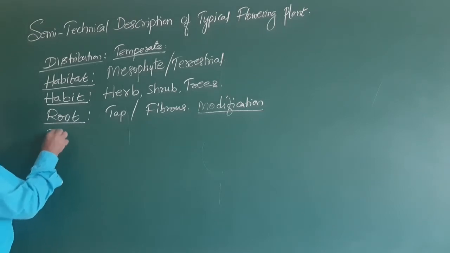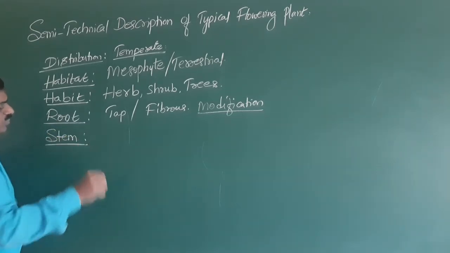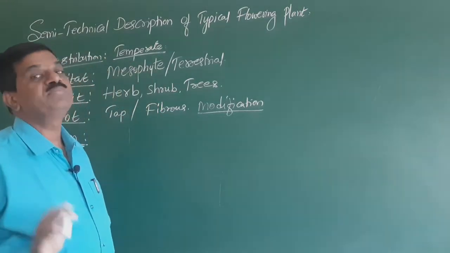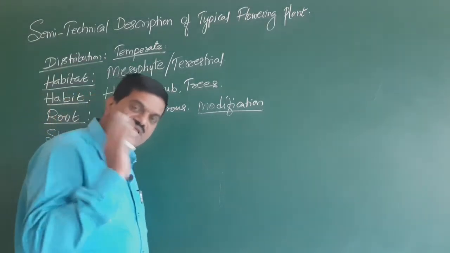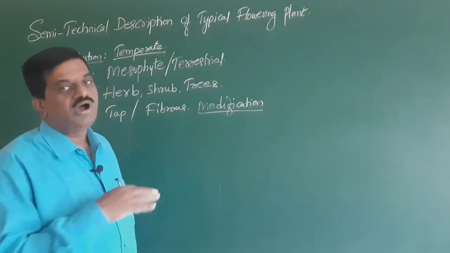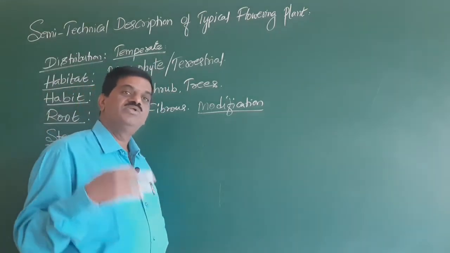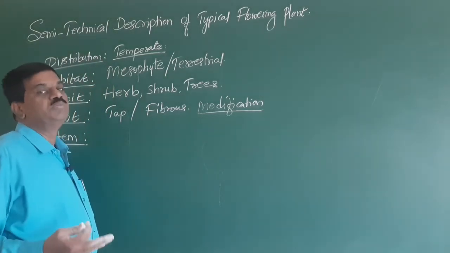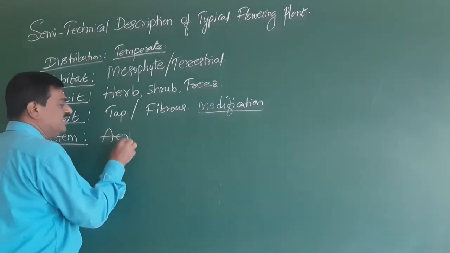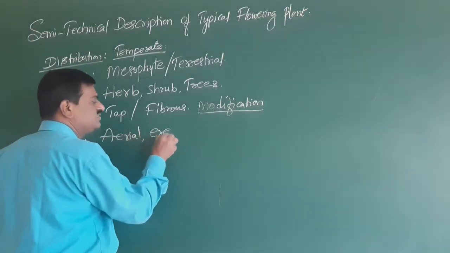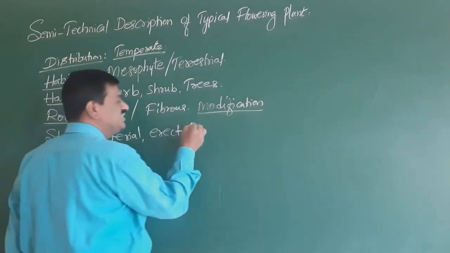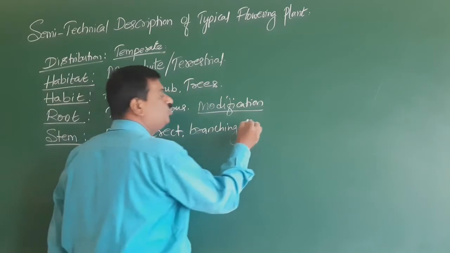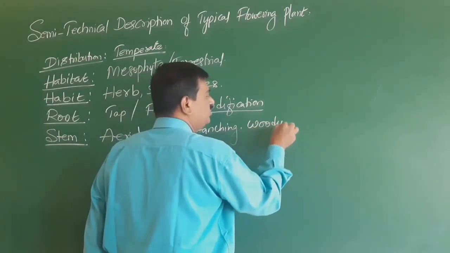Next to the root, we step into the stem. Here, we write in detail about the stem characters. Whether the stem is erect, drooping, horizontal, underground, or subaerial, all that we mention here, along with the modification. For an aerial stem, we note whether the stem is erect, whether branching is present or not, and whether wood is present in the stem or not, woody or